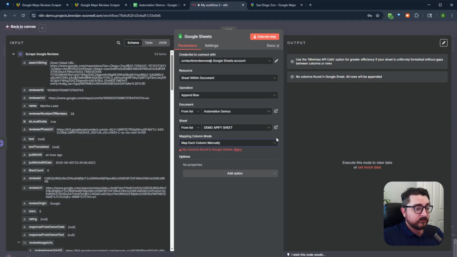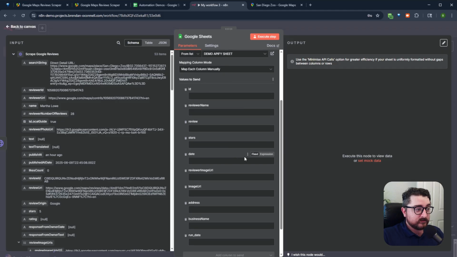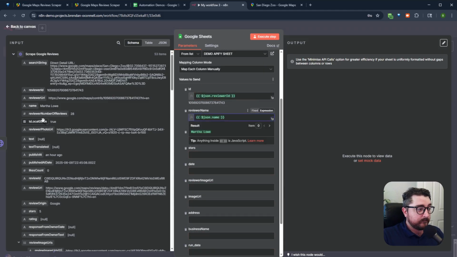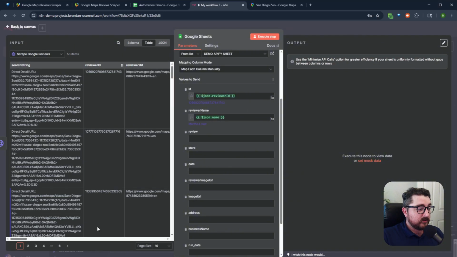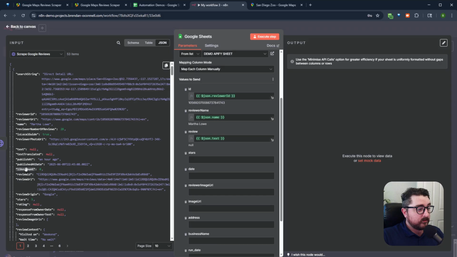So I will come back to my flow and I'll say map column automatically. Now that I've added a header, I can see this in n8n that says, okay, refresh, so I can get the headers. And then we basically just drag in the values of the stuff we want. So we get stuff like the reviewer ID, the reviewer name. And then I think I need to go to the table view or the JSON view here. We don't have the review itself. Yeah, the text I think is what we want. So the text of the review,